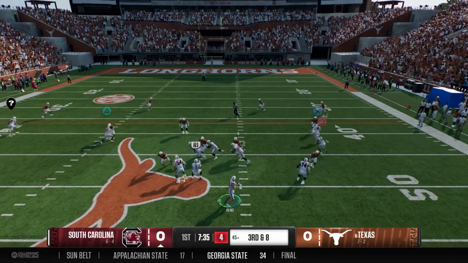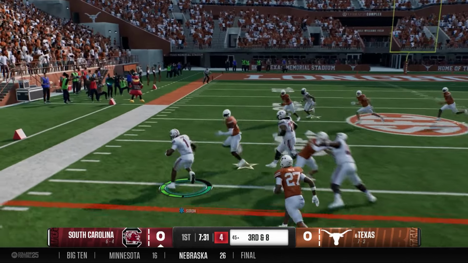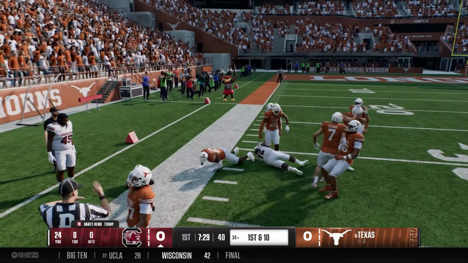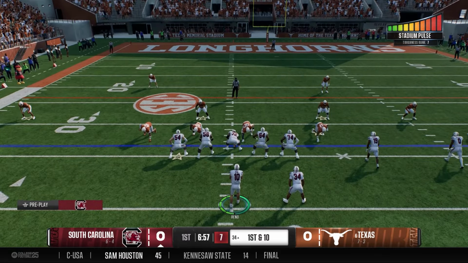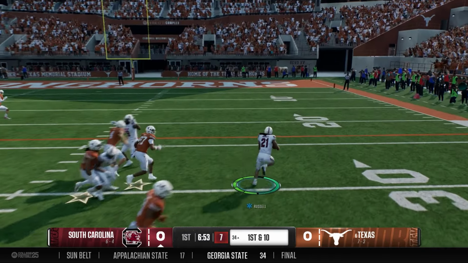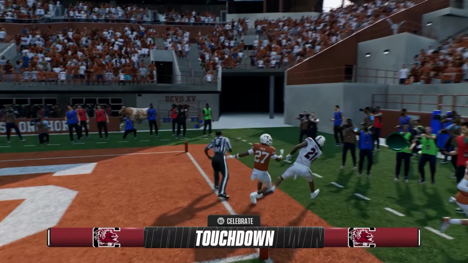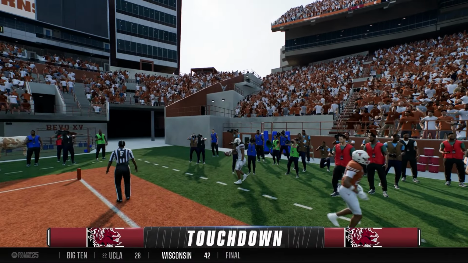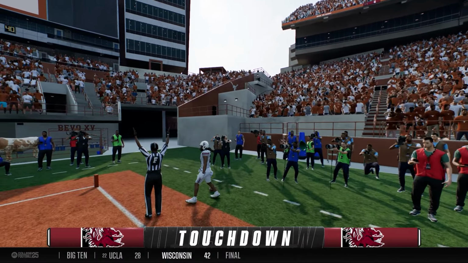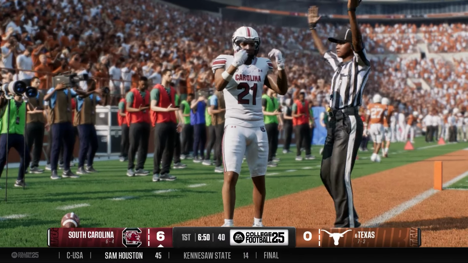Now a 3rd and 8 for South Carolina, as they set up another screen. This time Monty Soro gets it, and he'll pick up a first down to the left. So that's a pretty solid drive here for South Carolina, trying to quiet this crowd. 1st and 10, screen outside for Russell, and Tyshawn Russell has space. It's a foot race to the corner, and he will win it. Touchdown Gamecocks. A bubble screen, it goes the distance, and Tyshawn Russell has his 4th touchdown of the season, and